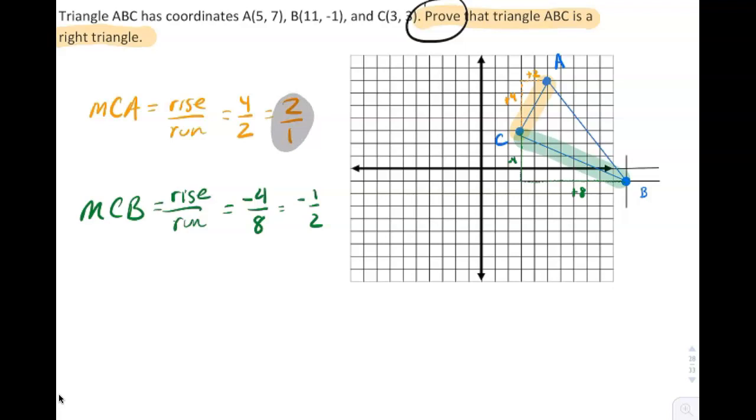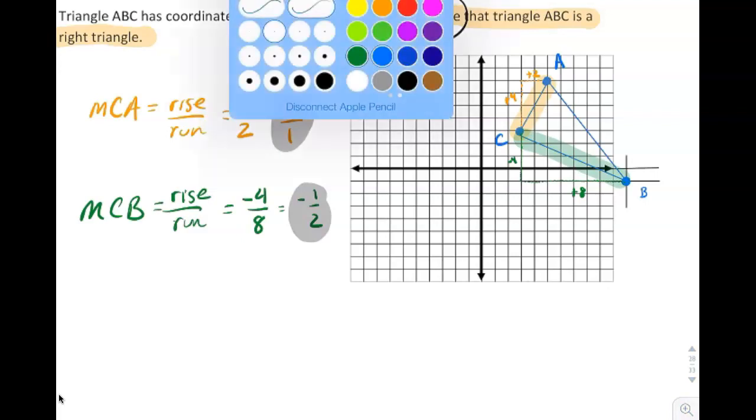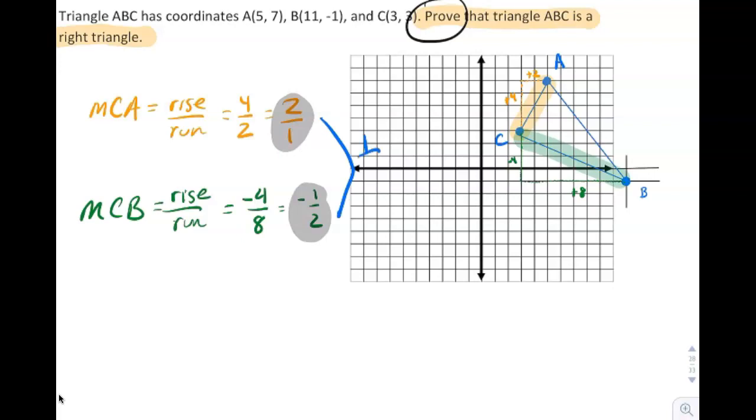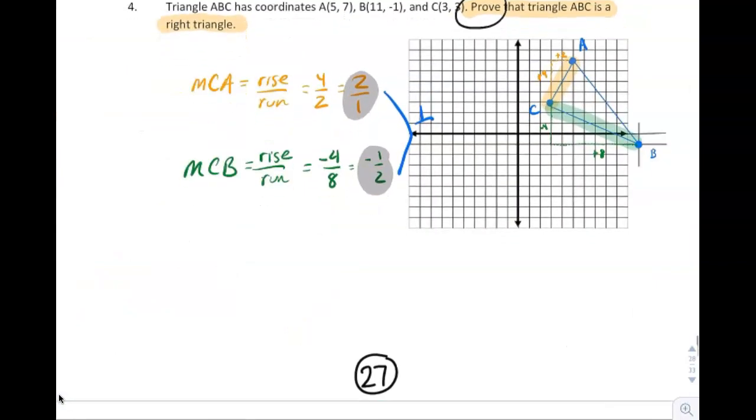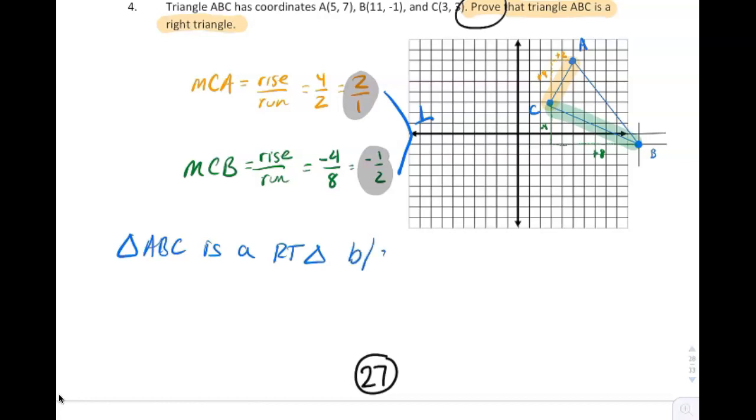And look what we have here. 2 over 1, and then the upside down negative, -1 over 2. So we can now say we have, I like to link them up and show that, yep, I knew that that was perpendicular. So you could say triangle ABC is a right triangle. And you could get crazy here, and it says prove that, actually it already says that it's a triangle, so you don't have to say anything about it having 3 sides. It's a right triangle because